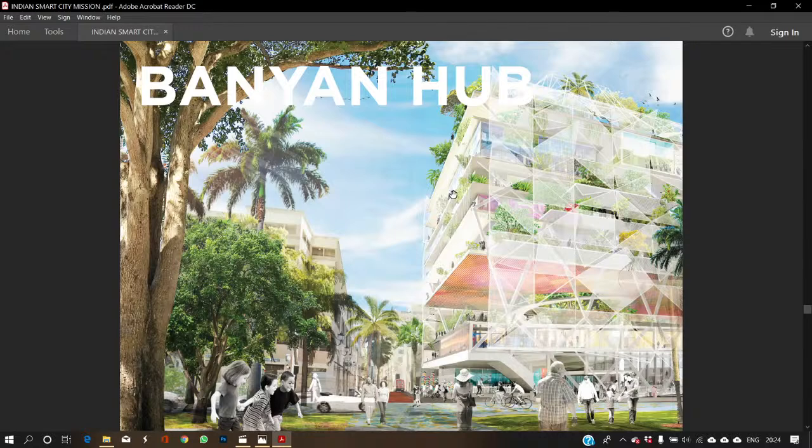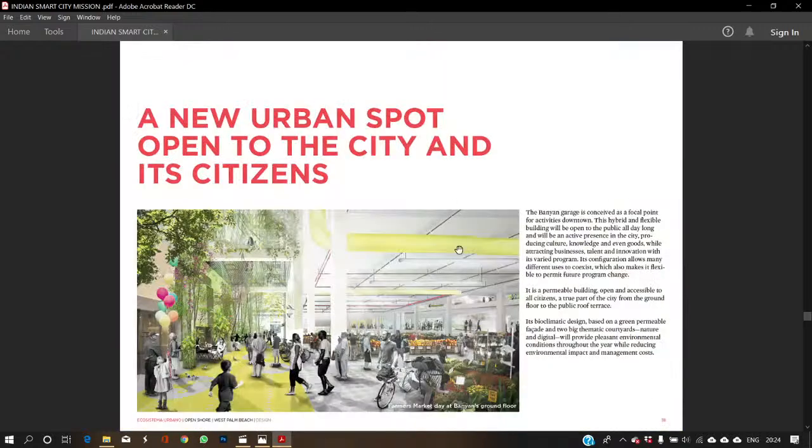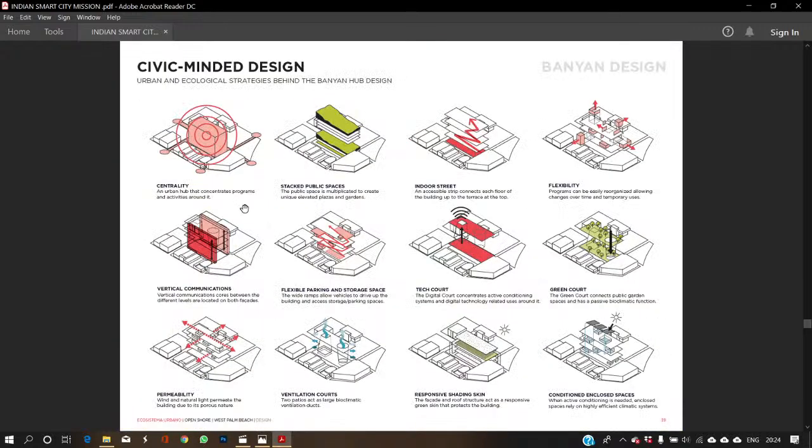Similarly, this is a 1 million Banyan hub, which is one building with a million configurations. That was the idea behind it. It is a module trying to explain the centrality, how the public is being stacked up, how we have indoor streets, and the flexibility. I am trying to explain each and everything. We will learn how to make these types of concept presentations